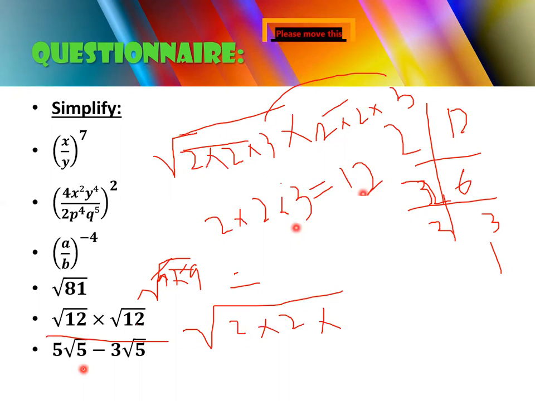Now give the answer of this one. Simply you will subtract 3 from 5. This is very simple. The last one is very simple. Yes, Ramesa, the answer is 12. All of you are giving the right answer. I can understand you cannot make the under root, so simply write under root 3. So 5 minus 3 will become 2, and you will write under root 5.